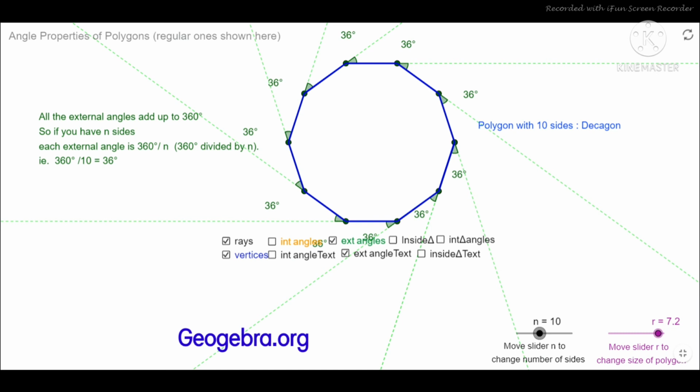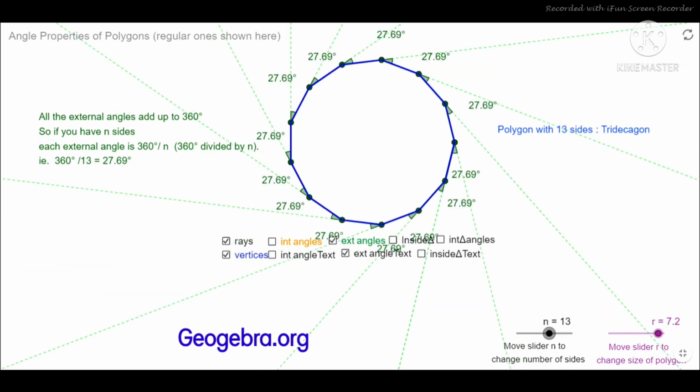And also, if you know the exterior angle, we can easily find how many sides it has just by using the formula 360 degrees by n. We get the exterior angle, and if you want the number of sides, we have to do 360 degrees by each exterior angle. So here we can see a polygon. Suppose only a polygon is given and each exterior angle is 36 degrees. So easily we can divide 360 degrees by 36, we will get 10. Hence it is a decagon. So in this way you can verify for all the polygons